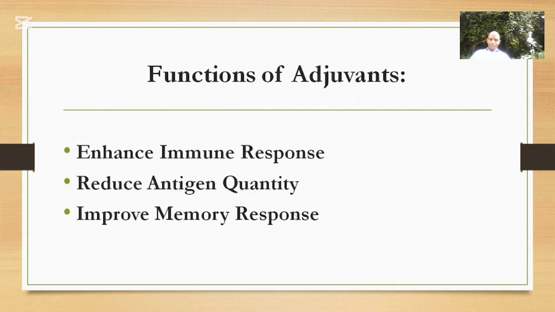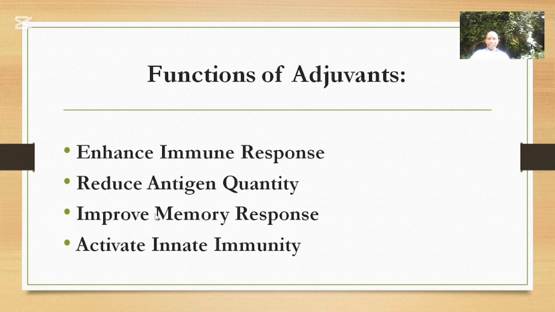Even if it is a low quantity of antigen, it can induce the immune response. They can improve memory cells. As you know, the objective of vaccination is to induce these memory cells, because it is the memory cells that will fight against the harmful pathogen when it